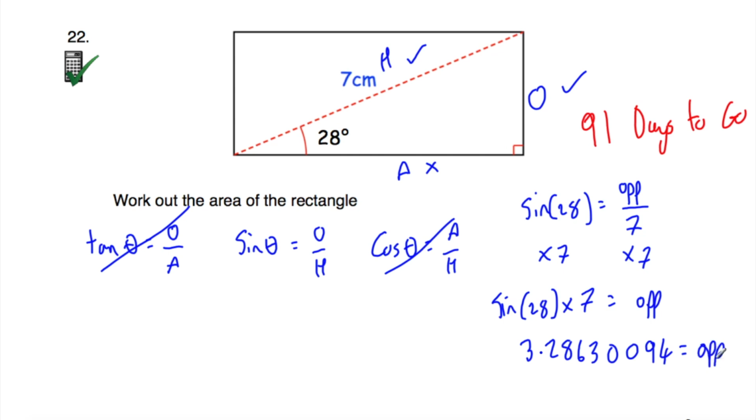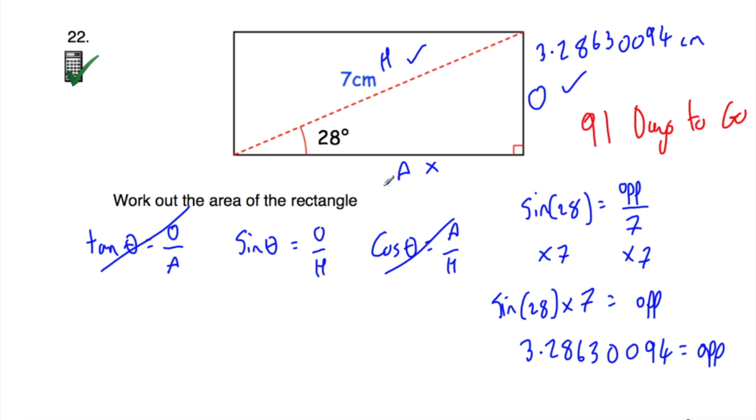So this side here is 3.28630094 centimeters. So that's the length of the opposite. Now in terms of finding the length of this other side, rather than using trigonometry again, which I could do, labelling the sides opposite, adjacent, hypotenuse, and using the hypotenuse and the adjacent, so probably cos, what I'm going to do is use Pythagoras' theorem, because we've got a